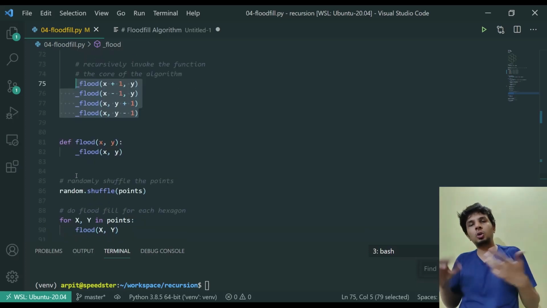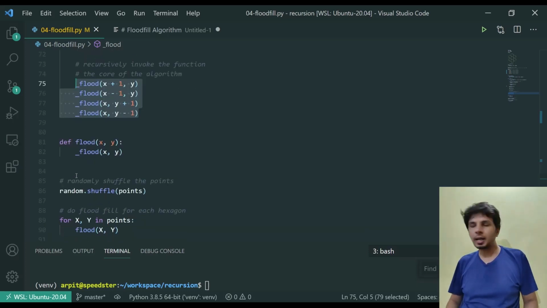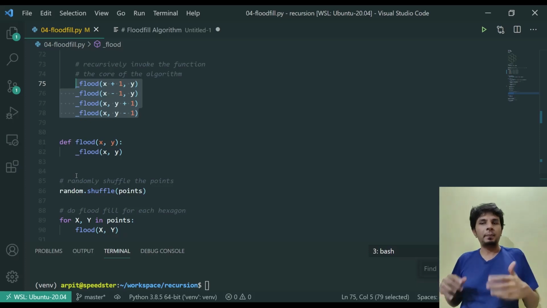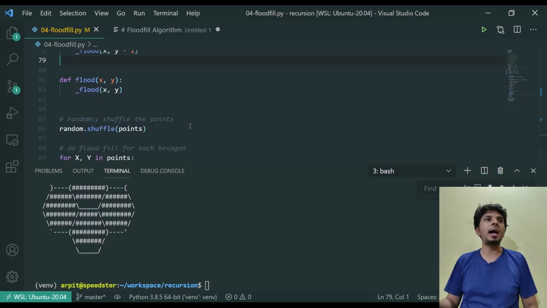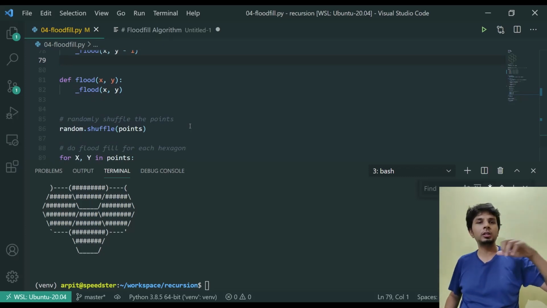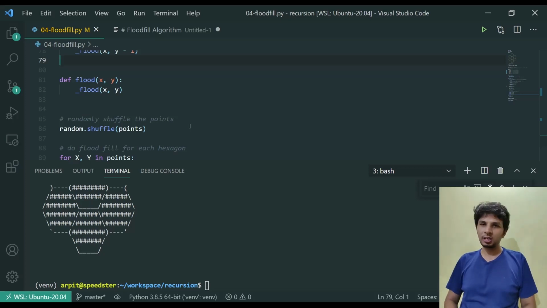And this is the core of this very algorithm, right? So a really simple algorithm to look at and understand, but it has very interesting use cases in the market. So you'd find it being used for rendering colors. A few of the AI algorithms are in fact inspired by flood fill. So what I'd recommend is just go to Google Scholar and search for flood fill. You'll land up at some really interesting research papers talking about various optimizations.